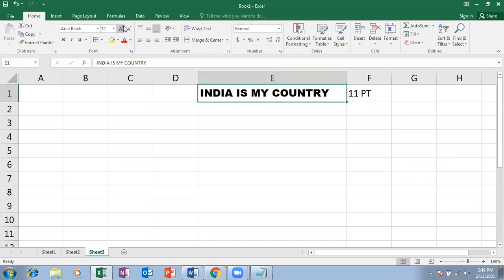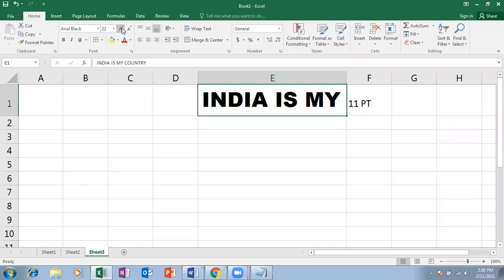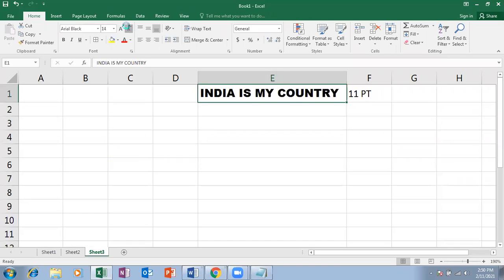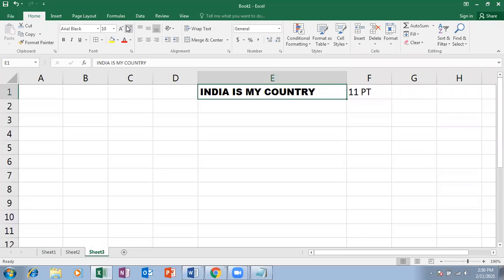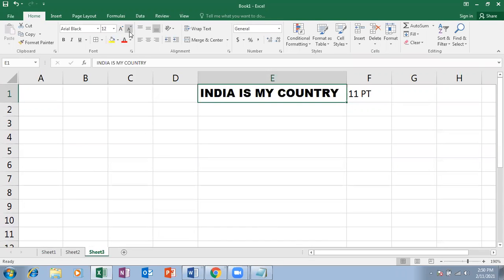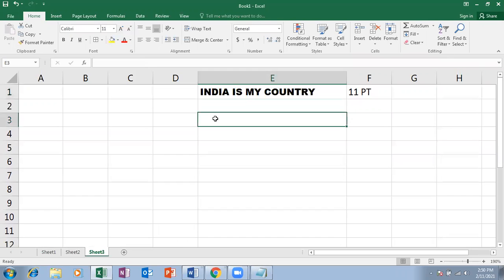And here, these two tools are called increase font and decrease font, where one increases the font size and the other decreases it. So it decreases up to 8 and increases up to 72. And then let me type text here.